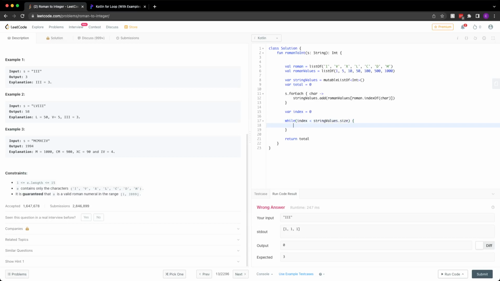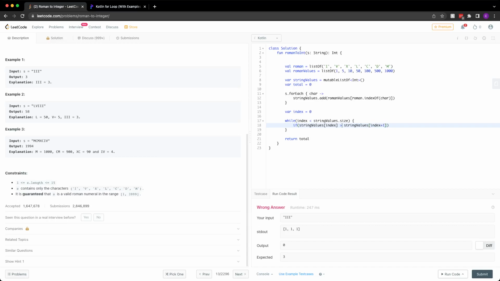and then we want to, if string values at index is greater than string values index plus 1.